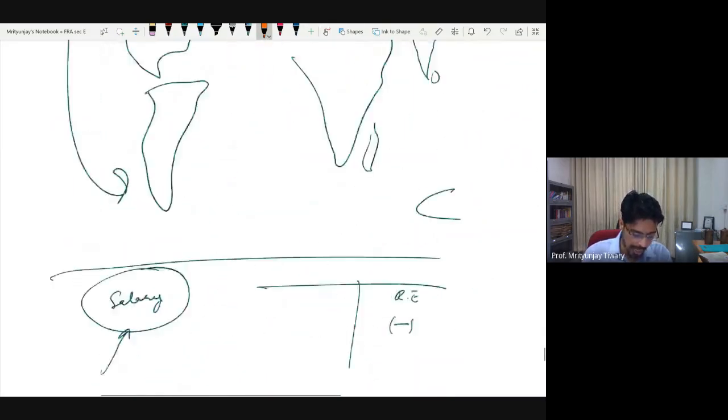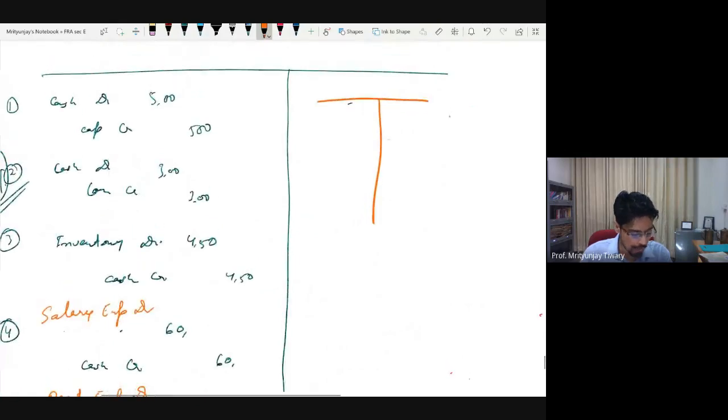So once you have all the journal entries, you will prepare a summary of the journal entries. What will it contain? Now you would have noticed one thing, that there are so many times all these items are coming. For example, cash is coming here, here, here, here, and so many other places. What a T account will do is that there will be one T account for cash, and it will record at one place all the reasons which affected cash, so that in one table you can see what happened to cash.